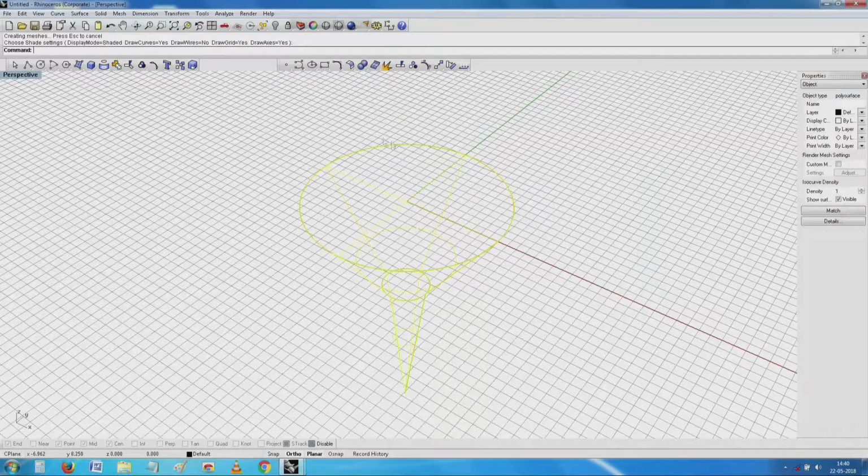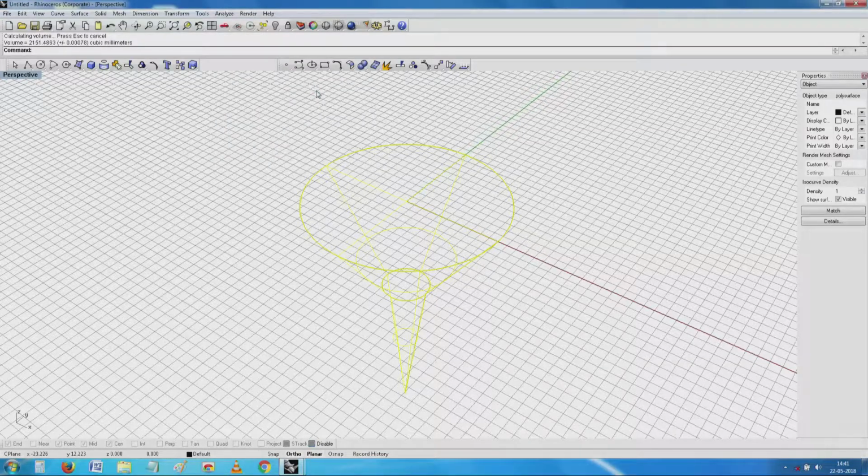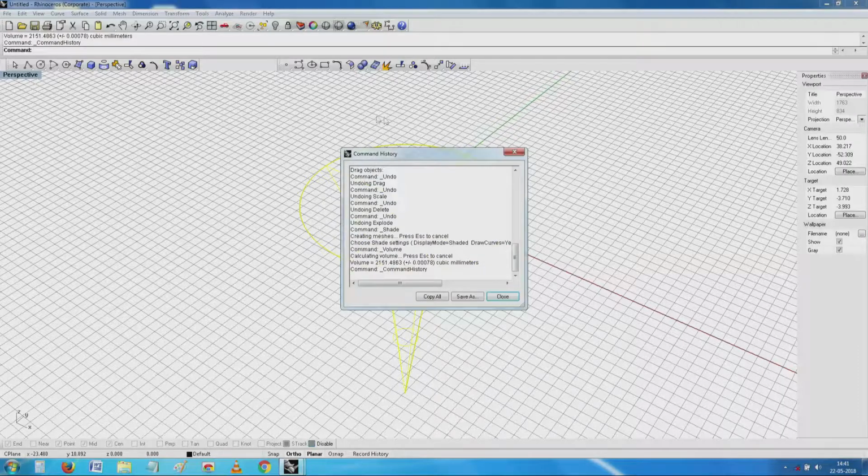And if I highlight this, go here to analyze the properties, I hope I get it properly. So, beautiful, volume is also taken care of.